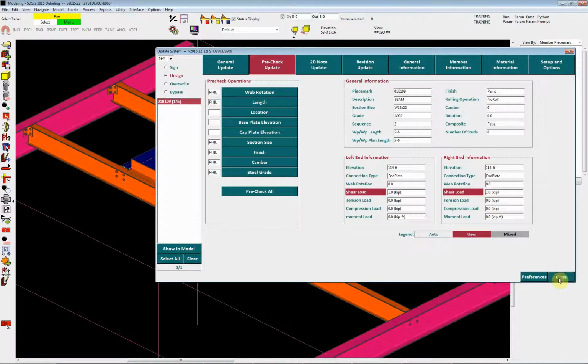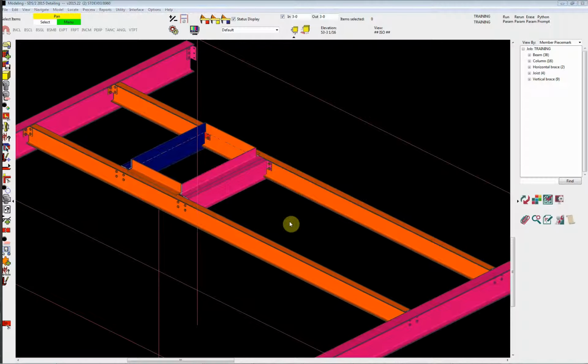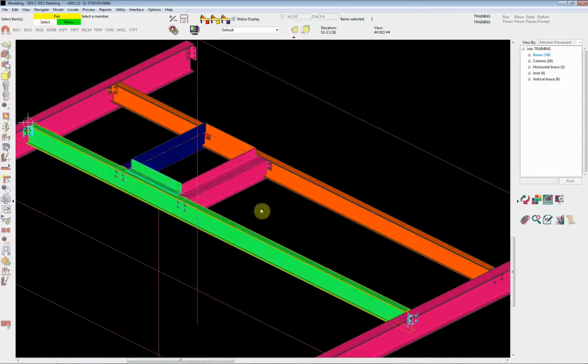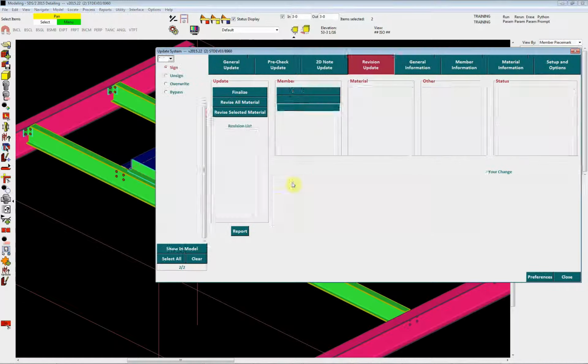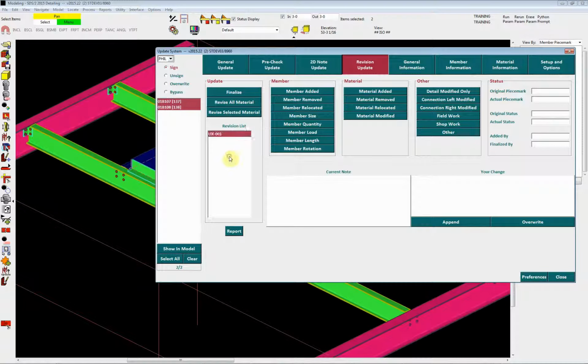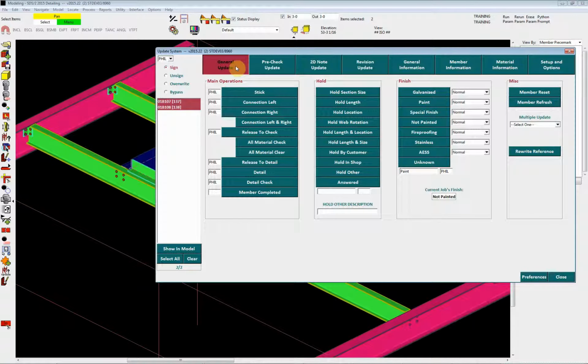And now for the two supporting members. These members, the only difference will be a change in the main material due to the connection moving. We will now rerun the Update System tool on the two supporting members. Select the revision, what's been modified, and of course any notation that I wish to put. In this case, due to the connection of the supported beam being moved, the whole placement within the main materials is actually being moved.